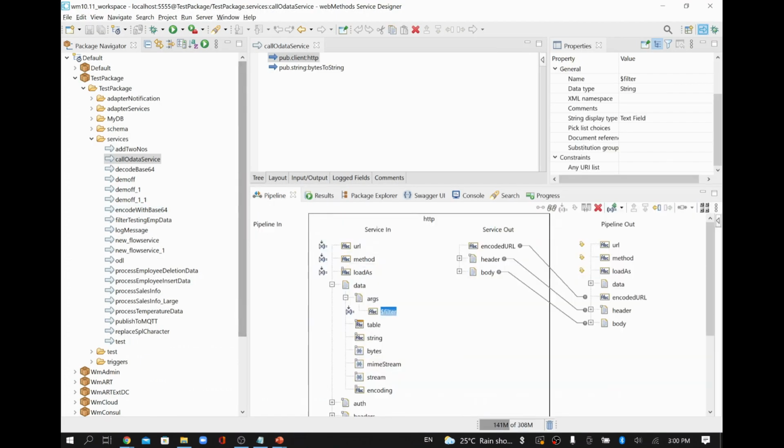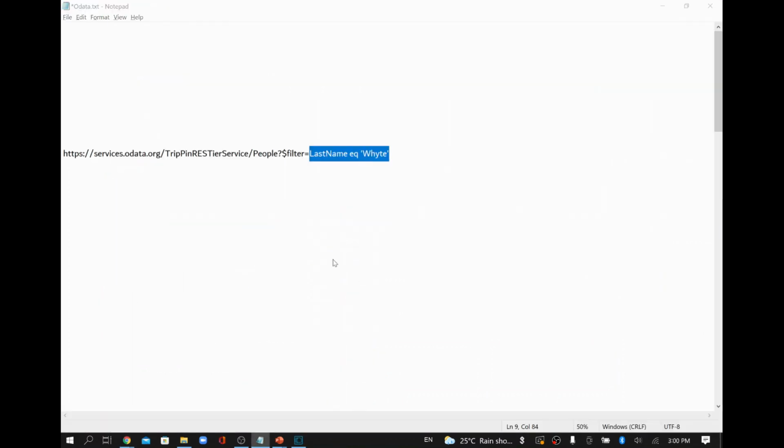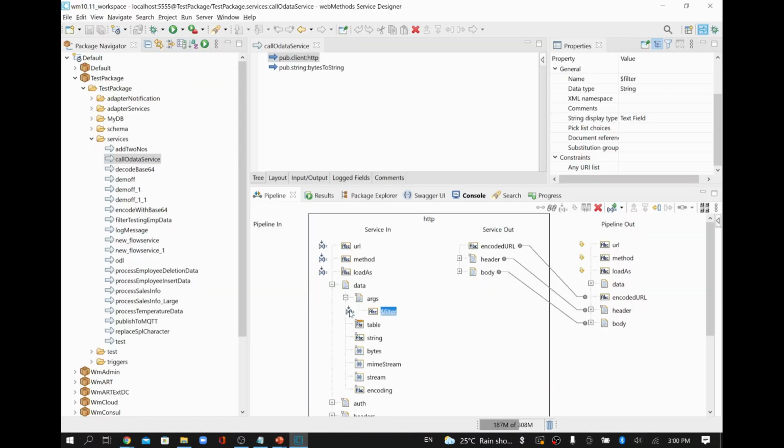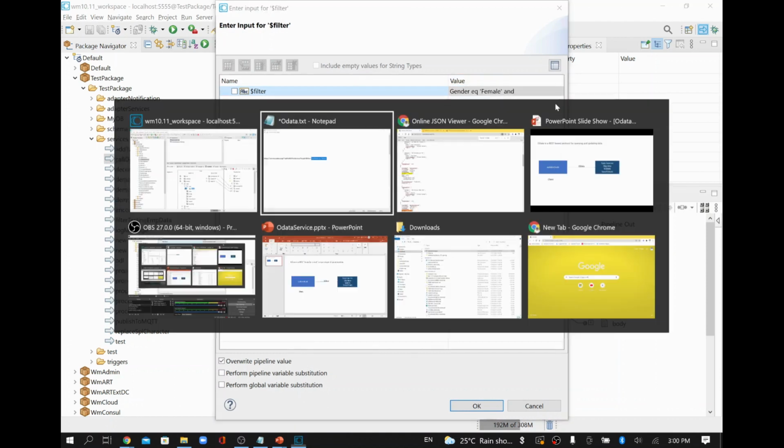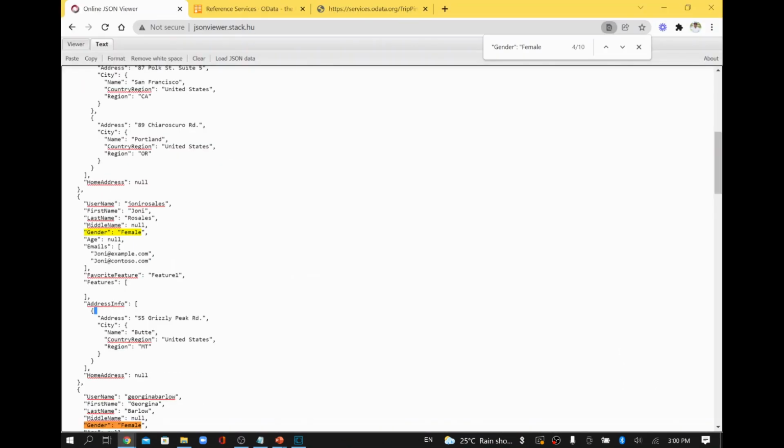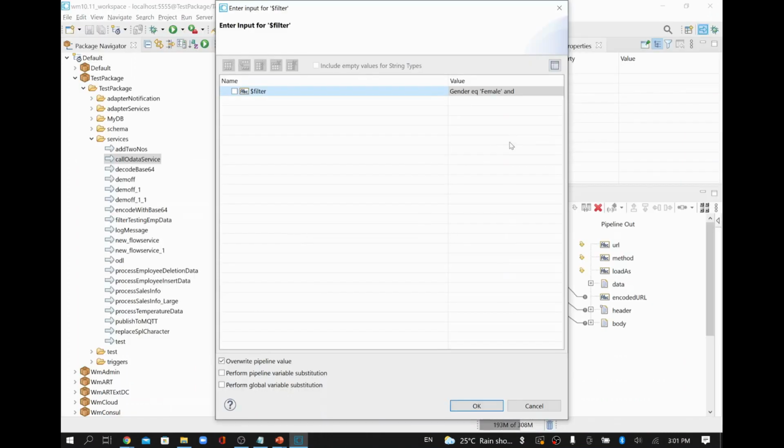You just go to the filter condition. I just want to show how to add multiple conditions in the filter. Give AND and then the field name. The field name, I'll just give the original data, first name equal to Joni. So I'll give the field name equal to EQ and then Joni.